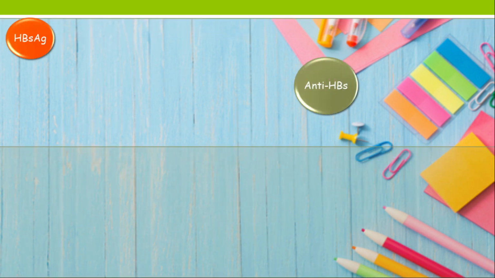So every time we go through hepatitis, we get confused with these antigen-antibody reactions. So let's make it clear in this session. Everyone knows whenever there is any infection, first the antigen will form, then the antibody will form. So first here it is HBsAg, that is the antigen. Then comes anti-HBs, that is the antibody for the same antigen.